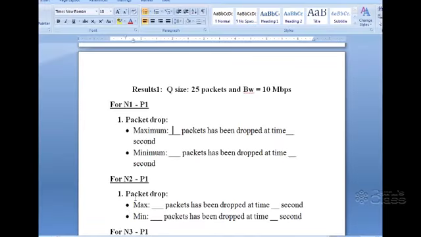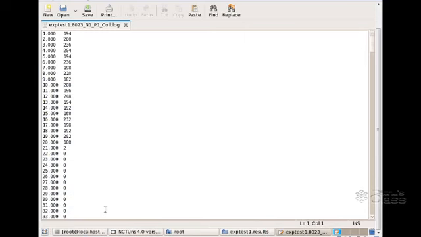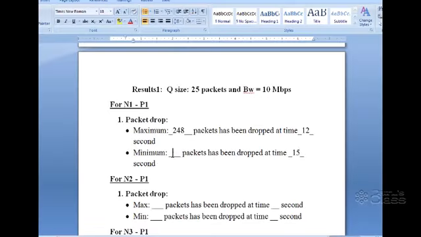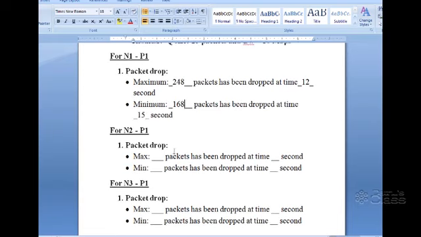So write it as 248 at time period 12. Next, at time period 15, I was seeing the minimum packet drop, and it was 168. A similar thing you need to do for n2 and p1.